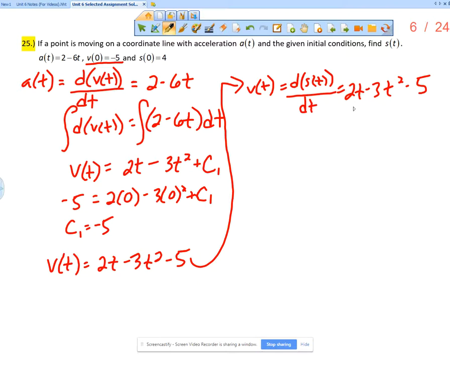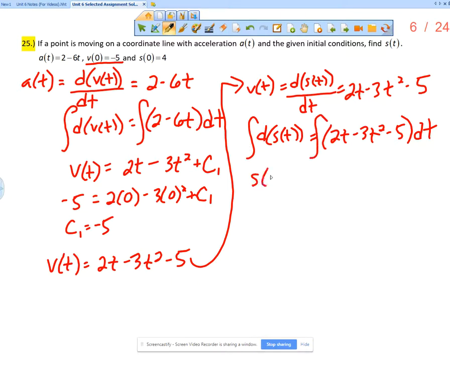So I'm going to separate the variables, separate the differential: ds of t equals the quantity 2t minus 3t squared minus 5 dt. Now I am ready to integrate. The integral of the derivative of s of t is s of t, equals 2t, so it becomes 2t squared over 2, just t squared, minus 3t cubed over 3, just minus t cubed, and then minus the integral of 5 with respect to t, which is 5t, and then plus the constant,